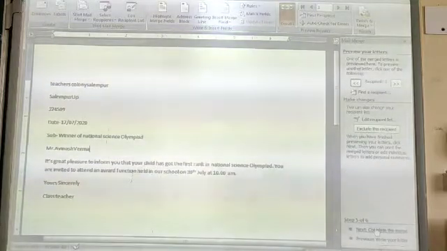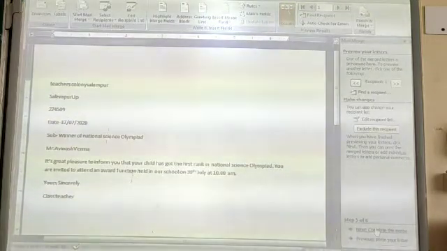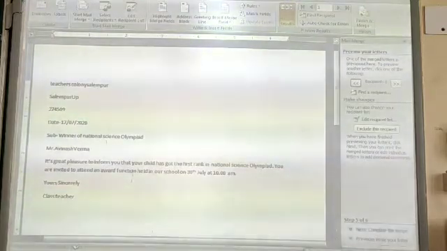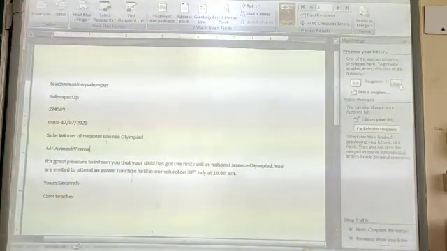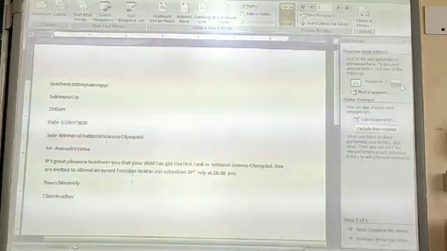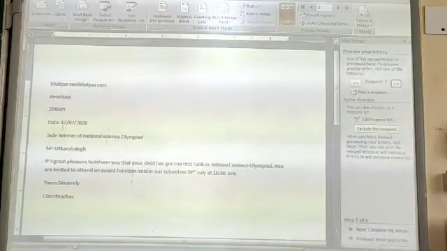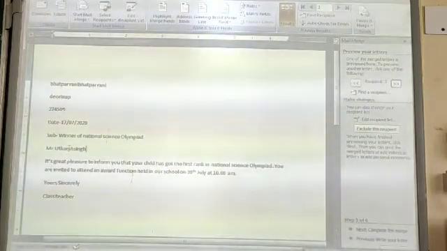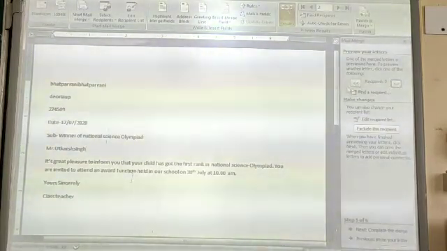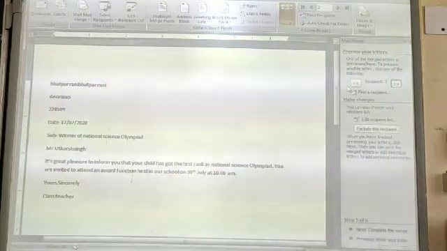In the same way, if you want to see the name of the second receptionist also, then you can click on the wizard on the right hand side. It is showing you receptionist 1. You can click here, receptionist 2. You can see the second letter, the receptionist 2 letter, is being displayed. Okay, as there are only 2 receptionists, it is showing only 2. If you want to create more receptionists in the data source, you can do it.